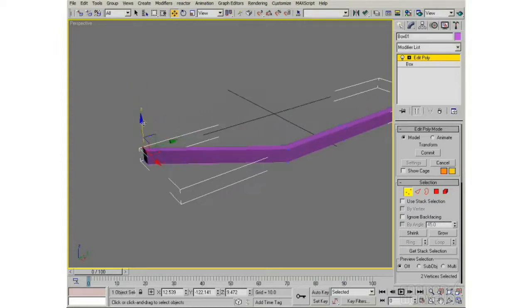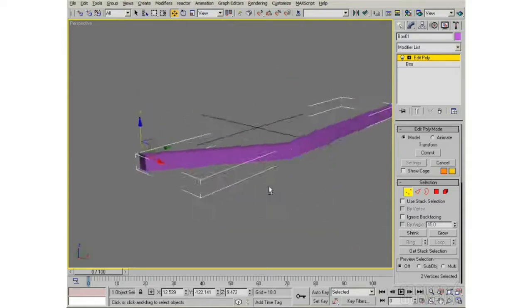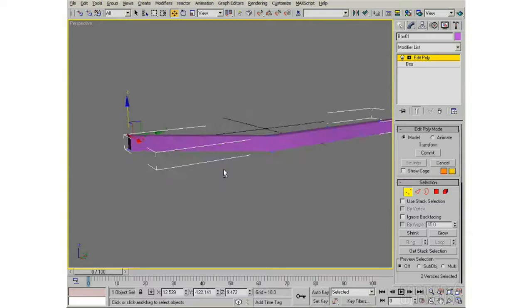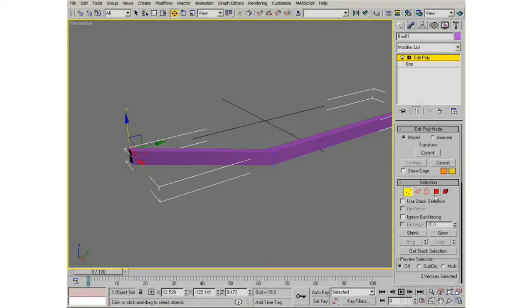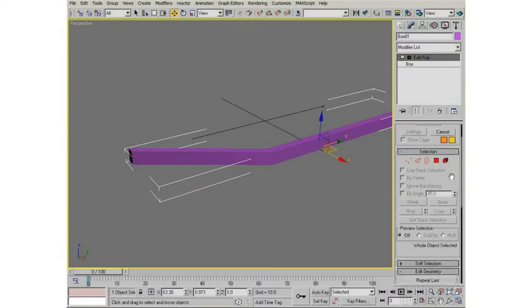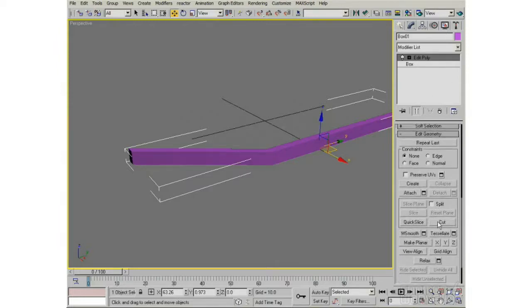Well, I can't do that right now because I don't have enough density in my geometry in order to do that. So what I need to do is perform some addition of that geometry. There's several different ways to do that. I can be in the base object mode here. I don't have to be in sub object, and you have some